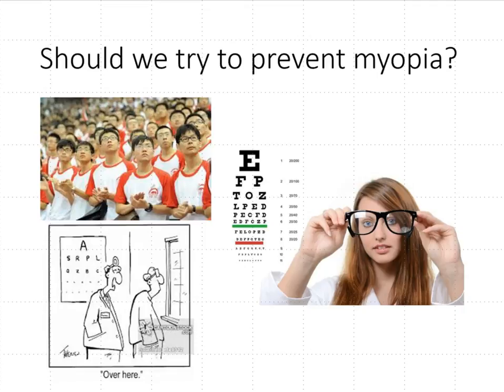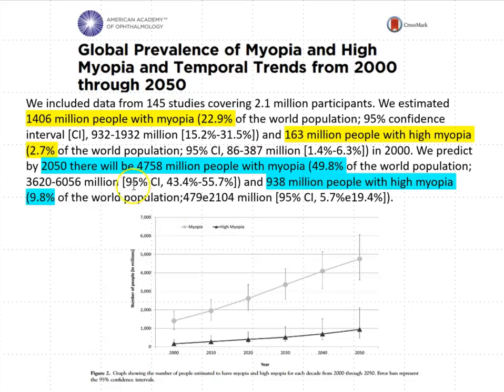So one question is, should we even try to prevent myopia? I mean, what's the big deal? You can fix a person with a -6 refractive error. It gives lots of business to optometrists, job security. But I think maybe the most convincing thing to try and slow people down is this concept of the increase in high myopia. Even if you can fix all these people, if you saw them in the first place,